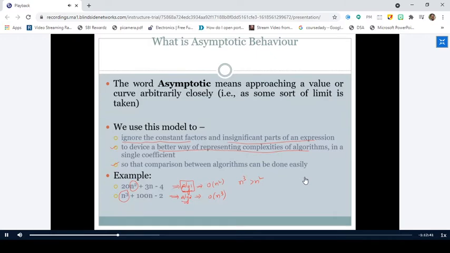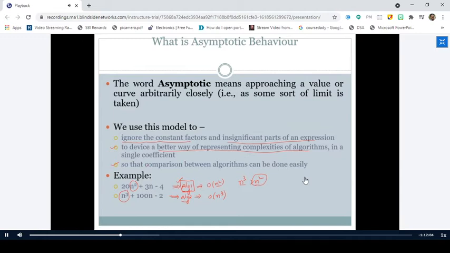Why? Because the algorithm 2 is having a complexity of n cube and the algorithm 1 is having the complexity of n square. When we compare these two algorithms, n cube is always greater than n square. That means the time taken for executing algorithm 2 is more than the time taken by algorithm 1, right? So whatever algorithm executes faster, that means the time complexity should be lesser, right? That algorithm is considered to be the efficient algorithm. So in that case, algorithm 1 is considered to be the better algorithm than algorithm 2, right?